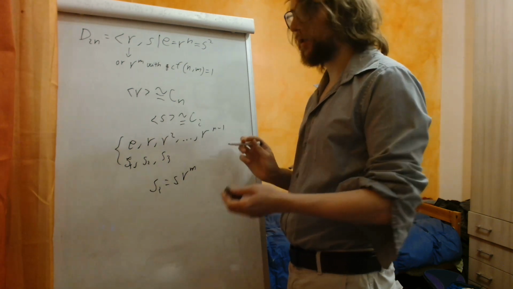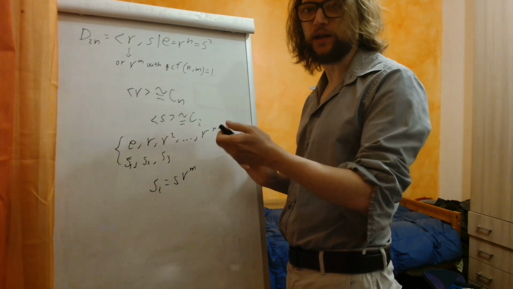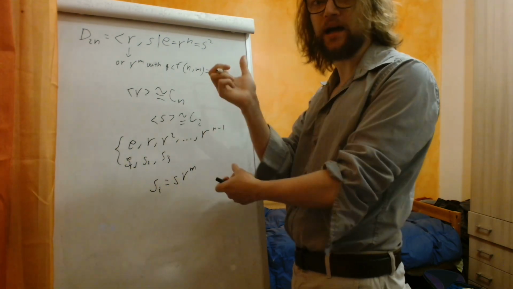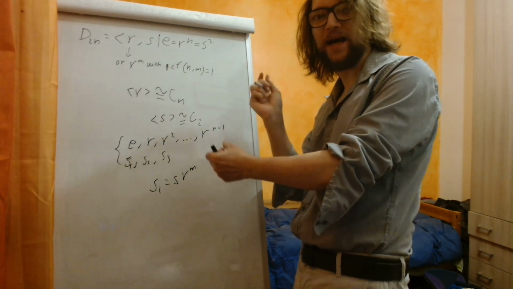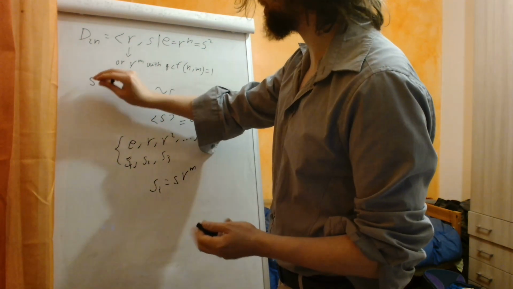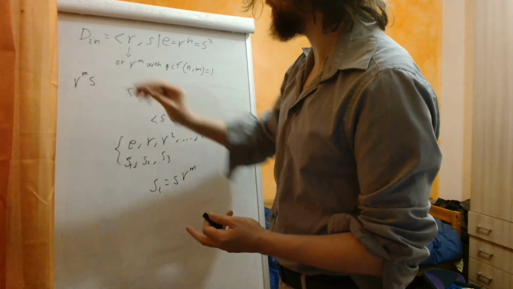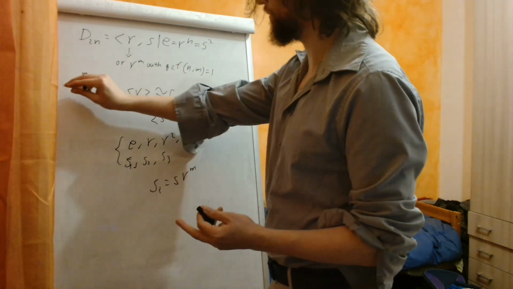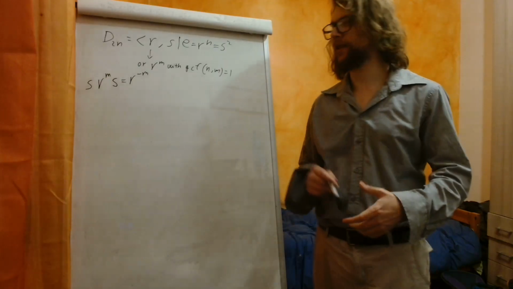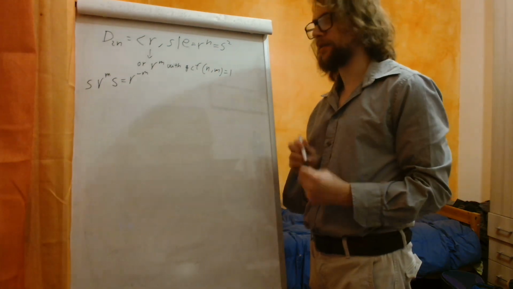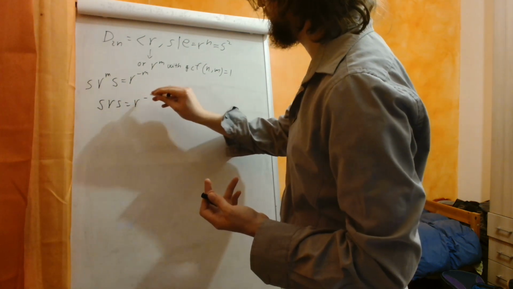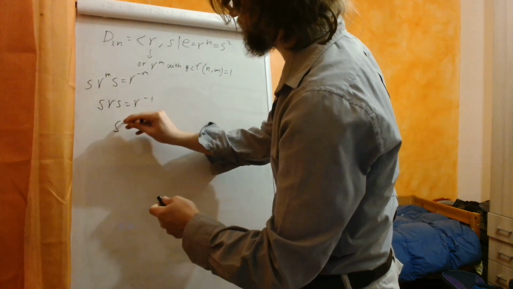And in particular, since reflections invert the order, if you rotate m times after having applied the reflection and then you reflect back, it's as if you have rotated backwards m times. So if you do reflection and then r to the m and then you reflect back, it's as if you had done r to the minus m. So this is our relation we must put here, but this can be written as Rs equals s r to the minus 1, because by repeated application of this,